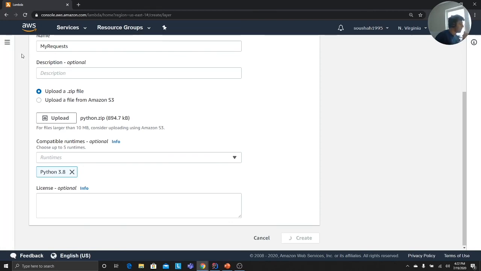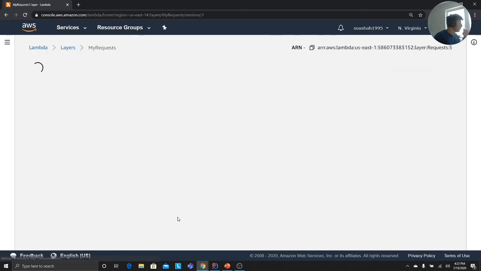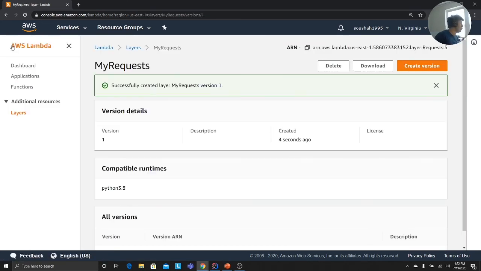You have to be very specific with the versions and the way you create packages, because otherwise you would always have errors. So make sure to do that correctly. Otherwise, yeah, you would get an error. This is the structure that, as I said, you gotta follow.